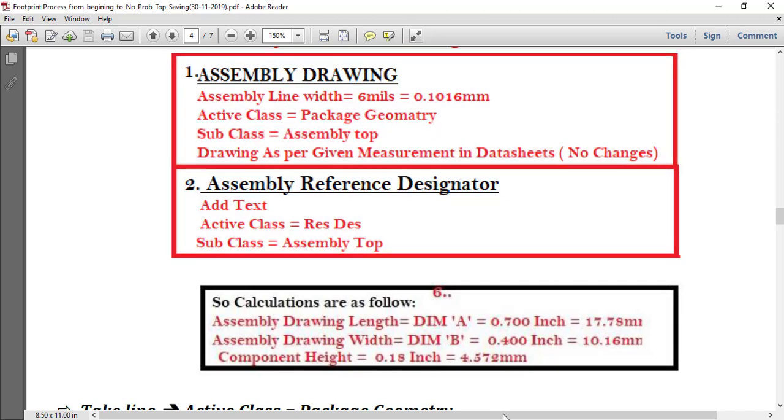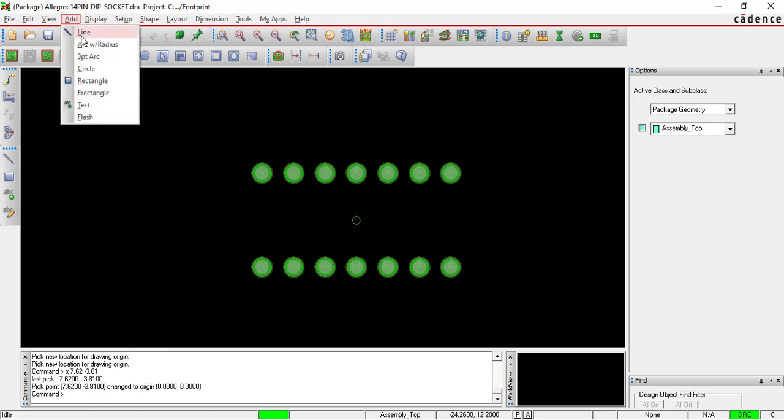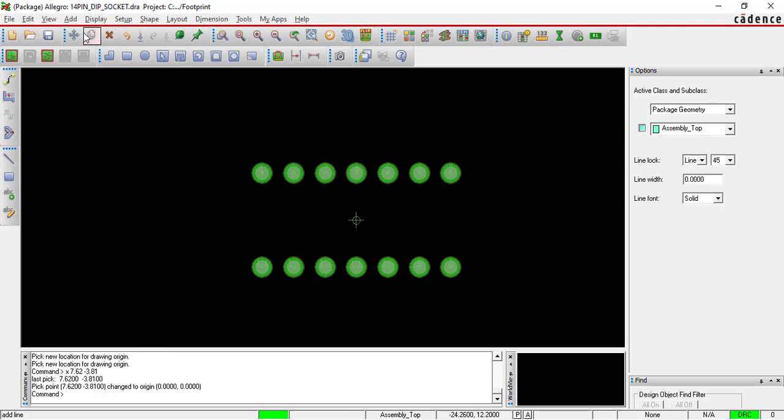Okay. So now what we will do? First, to draw the assembly, go to Add Line, come to the class window. Here it is class. Just follow my mouse cursor.